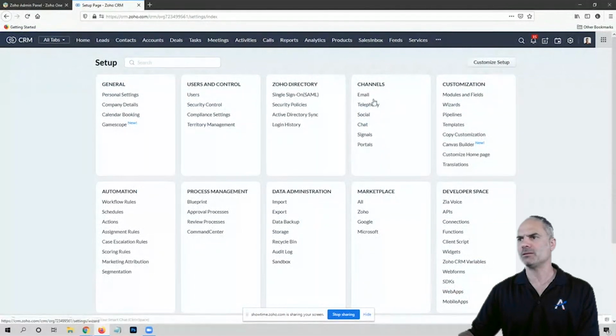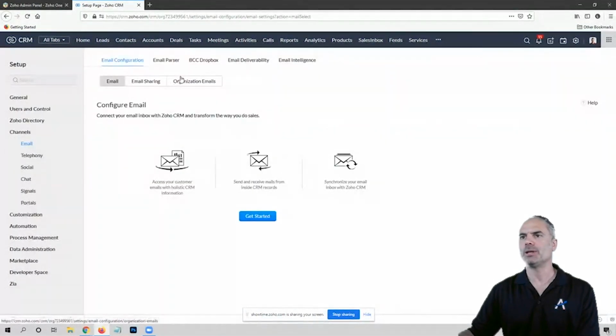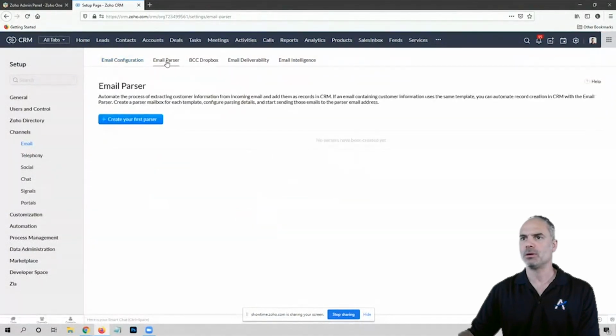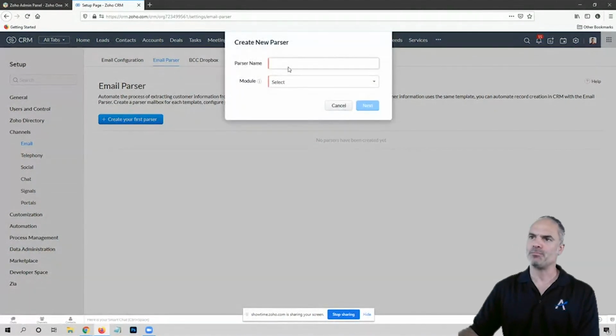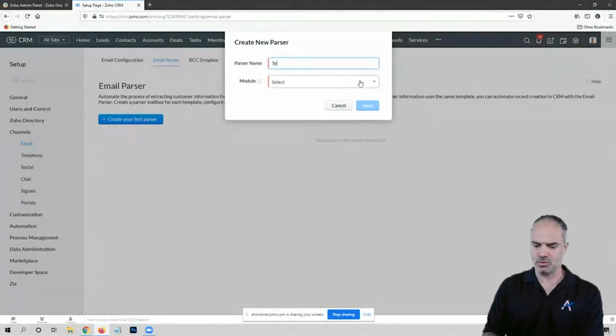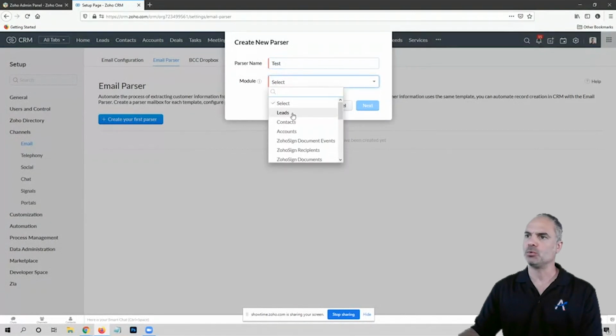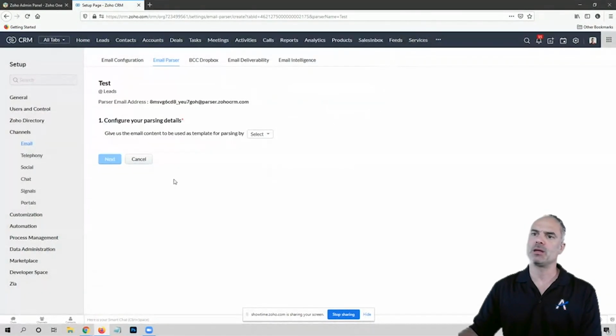If you go to the settings and you go to email, you will have on the top the email parser section. If you click here on the email parser, you can create your own email parser. Let's say call it test, and the module will be leads. And now you need to create a parser.